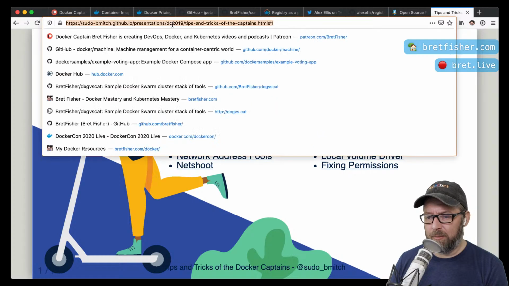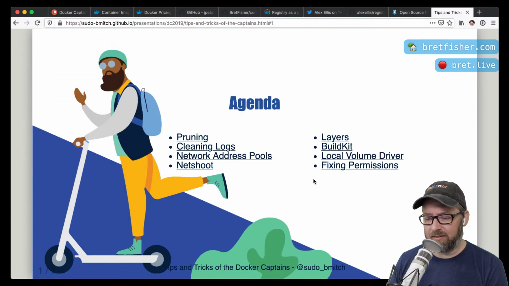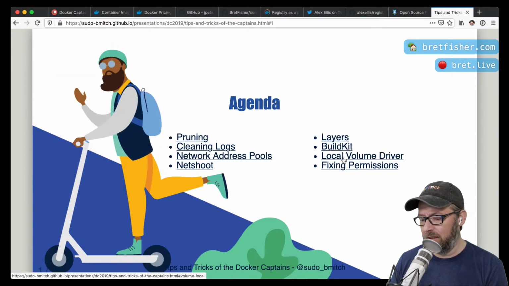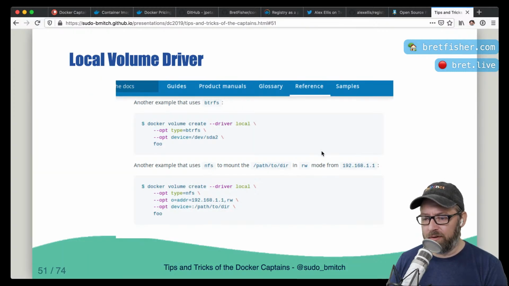All right. So go in here. This is a slide presentation from a Docker captain, sudo b Mitch. You might have seen him around Twitter. And if you're on Stack Overflow, he is the number 2 answerer of all Docker questions on Stack Overflow. He is a very smart dude. And if you use the local volume driver,